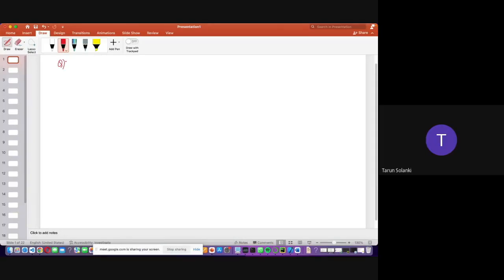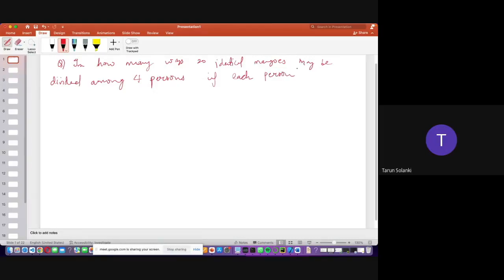Okay, the question given is: in how many ways 20 identical mangoes may be divided among four persons if each person is to be given at least one mango, right? So then the number of ways will be